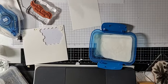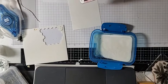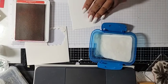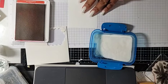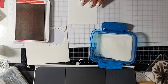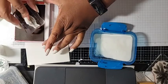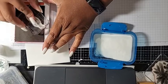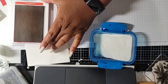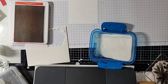Now remember, you can use any color that you want, okay? And because, like I said, this ink dries really fast, we are going to have to work very quickly to lay down our first panel of embossing powder. Okay, so let's go ahead and ink up our sentiment. And I'm going to test just to make sure. Ooh, I had a little bit of a halo. So I'm going to grab me